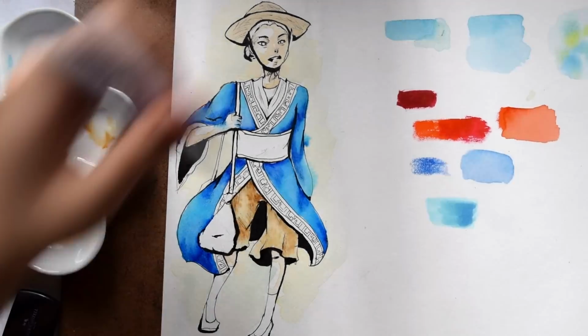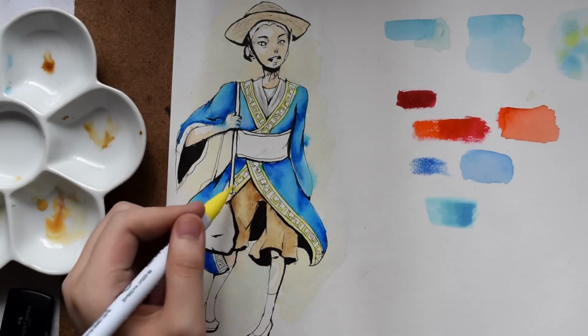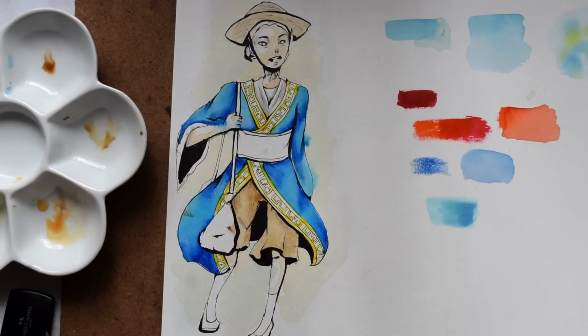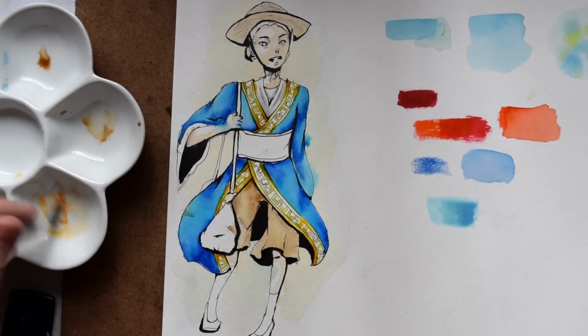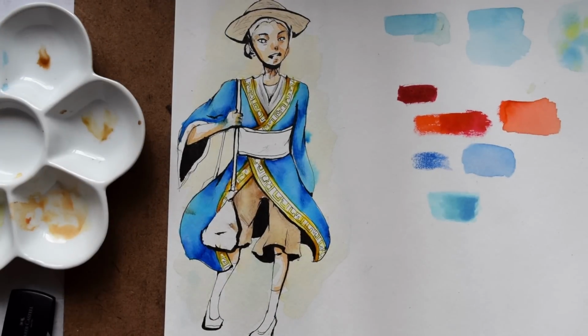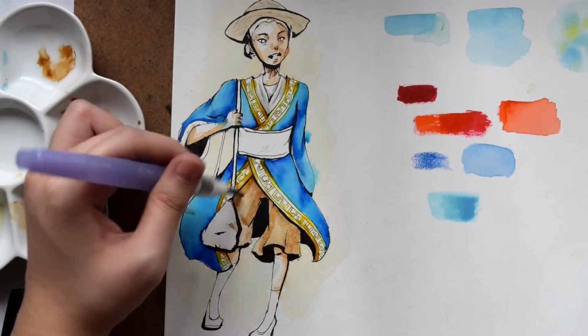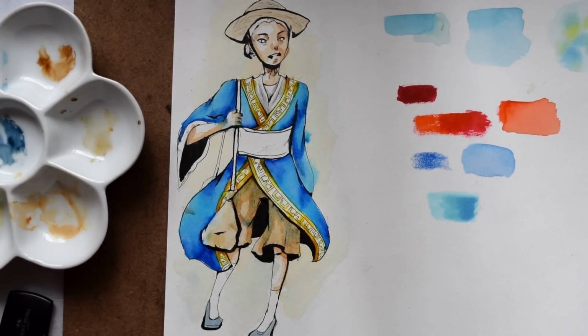There isn't a lot of the outline of the original stroke remaining, so this technique is really good. And for the lining, I'm layering on the Clean Colors and blending it out a bit dry. And you can see that the colors blend into each other really well. So the Clean Colors are also great. And I didn't test the watercolor pencil here, but it works really well from the swatches,